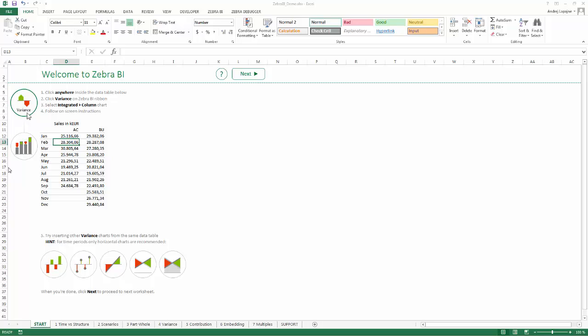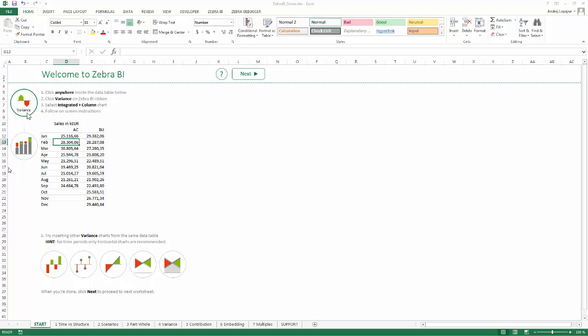We think that Zebra BI is much more than that, because it's also a reporting tool, and you can do a lot more than what can be done in Power View. Power View is at the moment a very simple visualization tool, which offers small multiples, which is really good, but it has very limited charting capabilities, no secondary axes on charts and stuff like that,